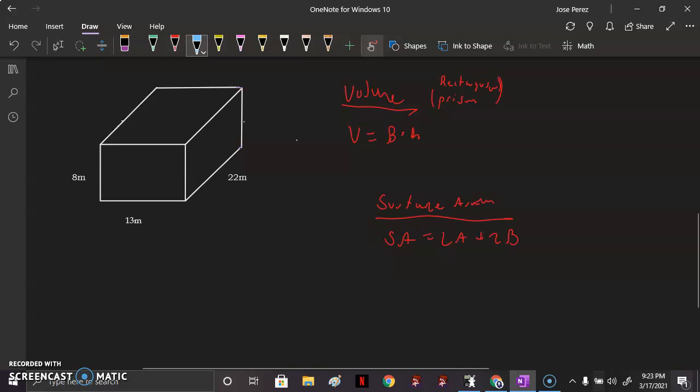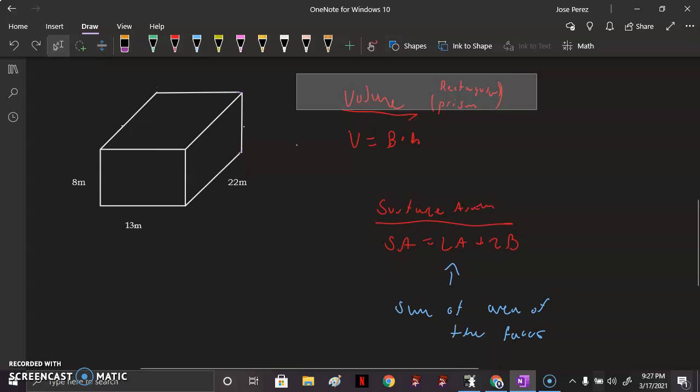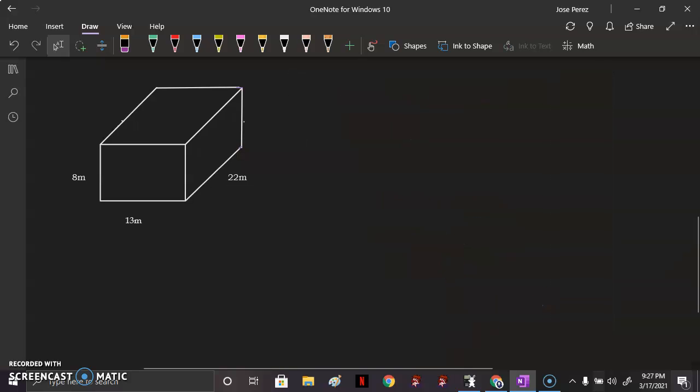And LA, to get LA, it is the sum of the area of the faces. So after that lovely introduction to volume and surface area, we can just remove this and we will get